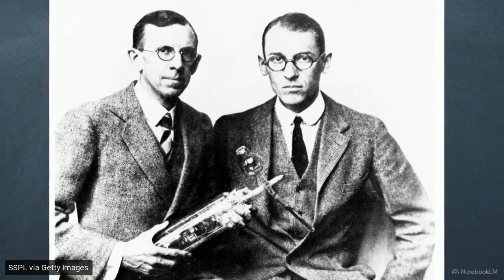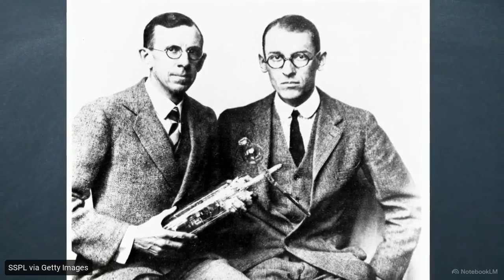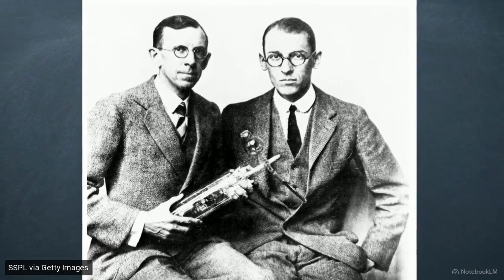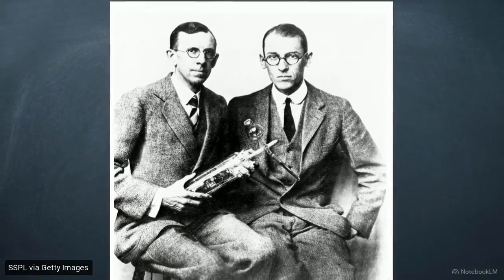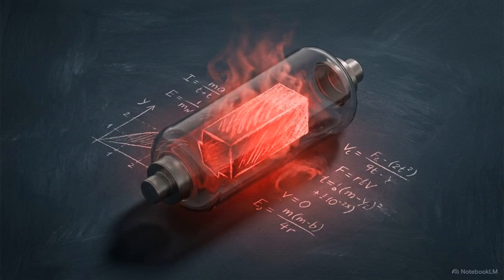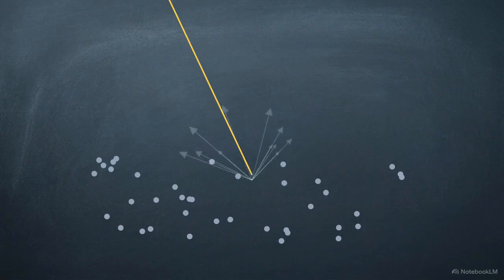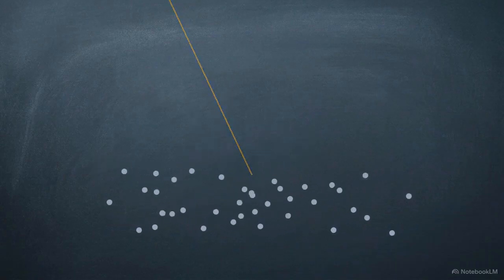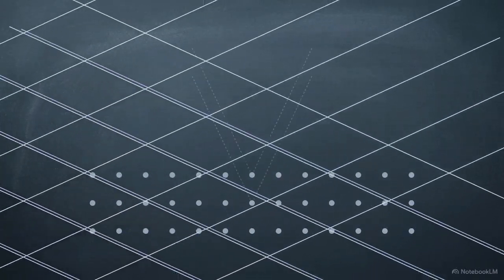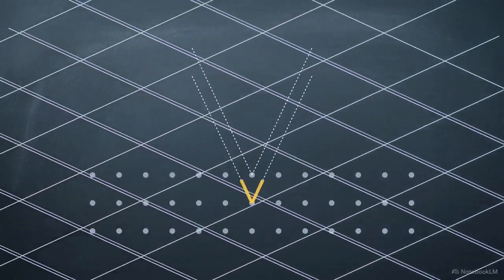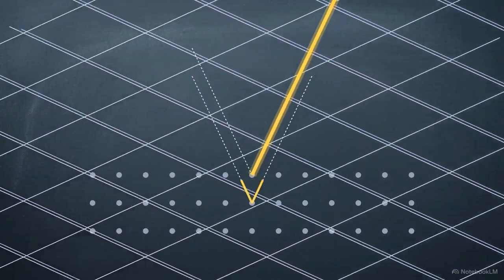In 1927, Clinton Davisson and Lester Germer fired an electron beam at a nickel target at Bell Labs, observing a featureless spray of rebounding particles. After an accidental leak oxidized the nickel, they baked the metal to repair it. This annealing process fused the nickel into large single crystals, with atoms lined up in regularly spaced rows. When they resumed the experiment, the classical spray was replaced by sharp, specific scattering angles.